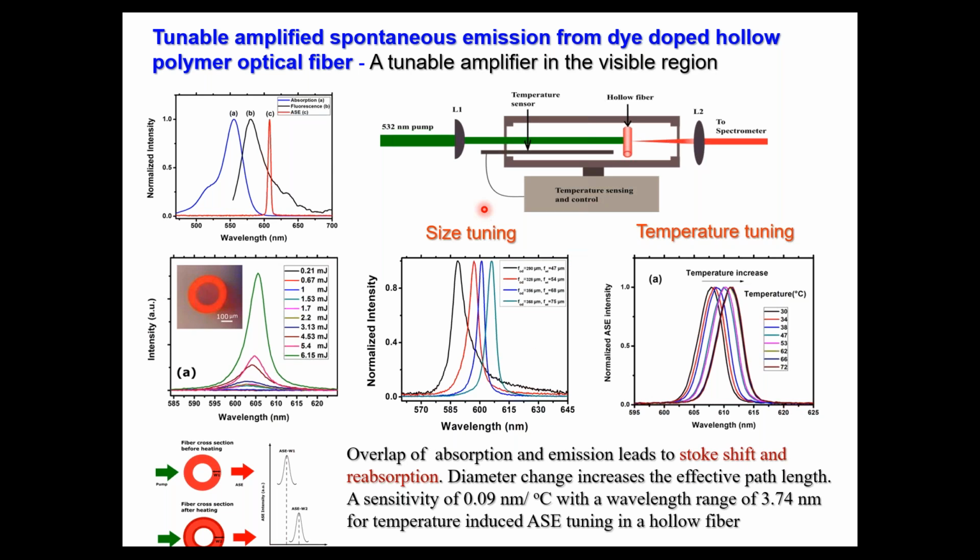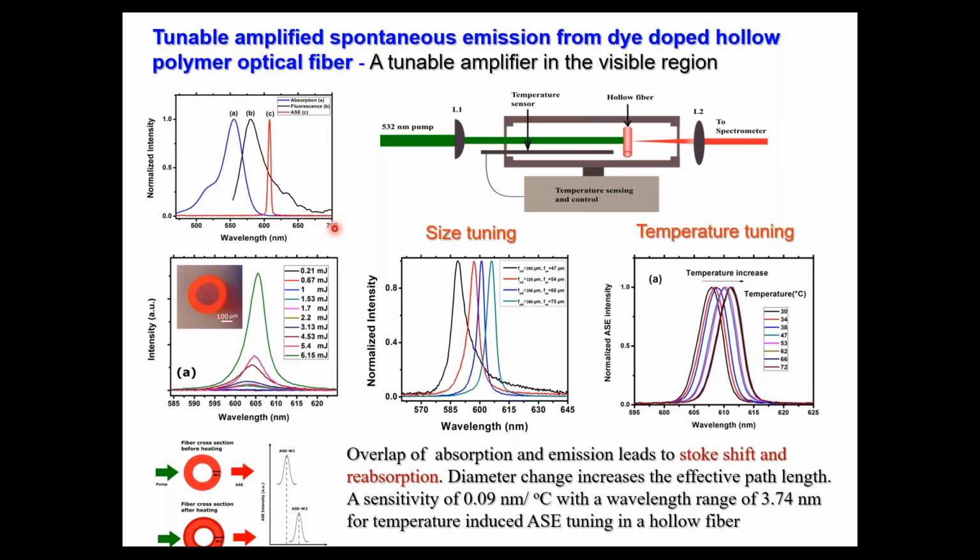So this is about the normal fluorescence, that is a spontaneous emission, getting amplified in the presence of stimulated emission. Because of the gain that is available in the structure, this stimulated emission is getting narrowed. This is the absorption spectrum of the dopant. This is a normal emission of the dopant, and you can see this is the amplified spontaneous emission. It is much narrower than the normal fluorescence, but it is an amplified version of the normal spontaneous